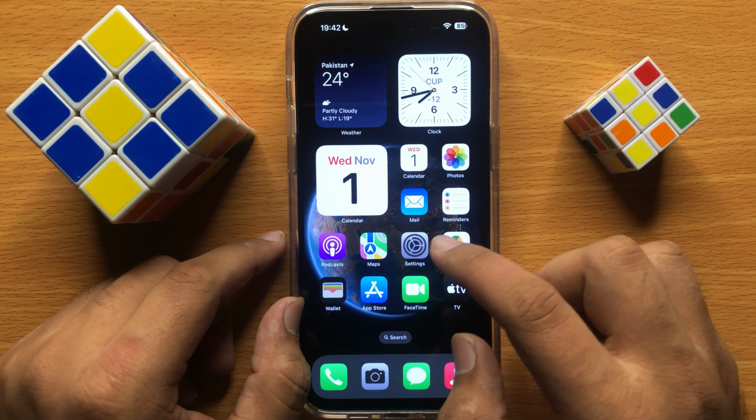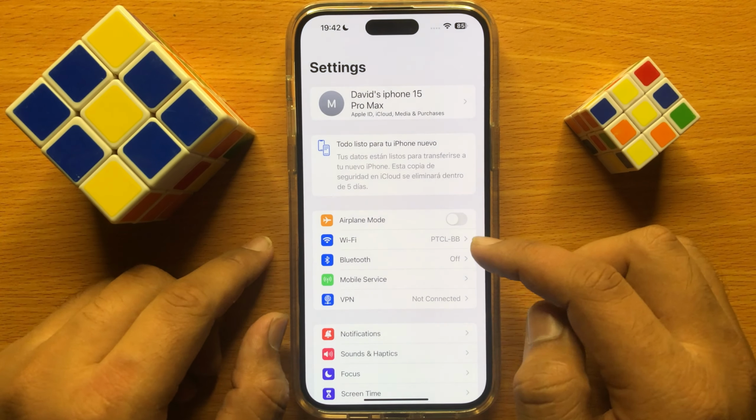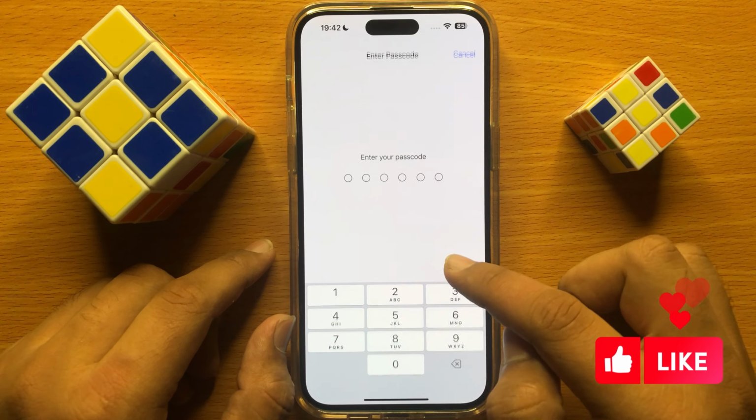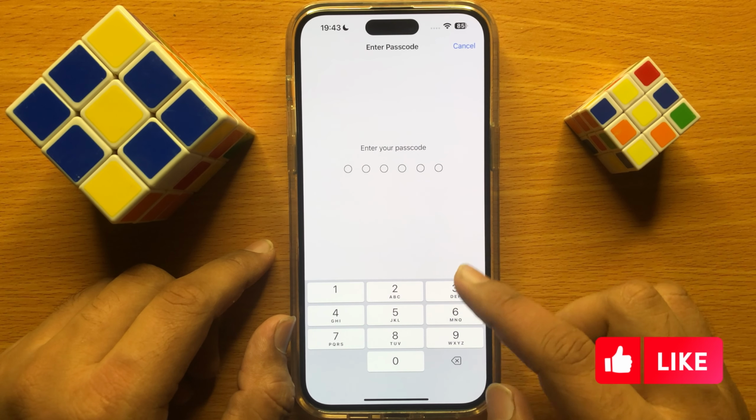So first of all, open settings. Now in settings, scroll down and click on Face ID and passcode. Now here enter your lock screen passcode,